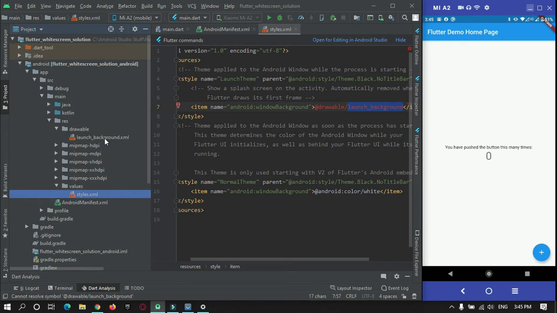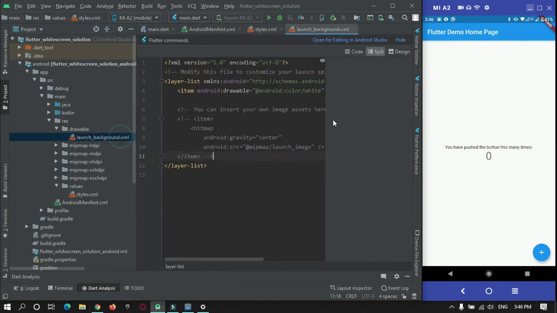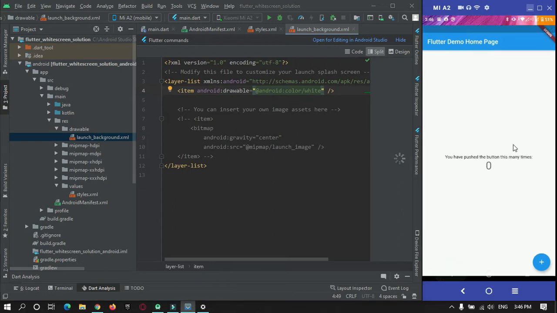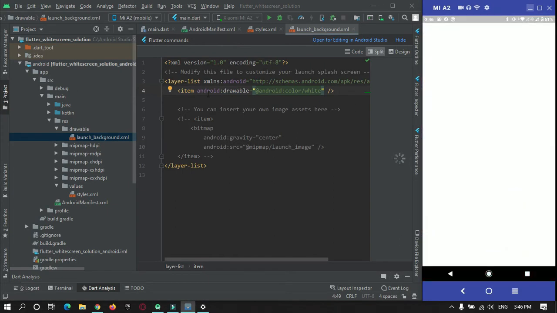As you can see, the launch background file. Here you can see that the first item is a drawable, a simple white screen. Whenever we open the app, this item will show the white screen.